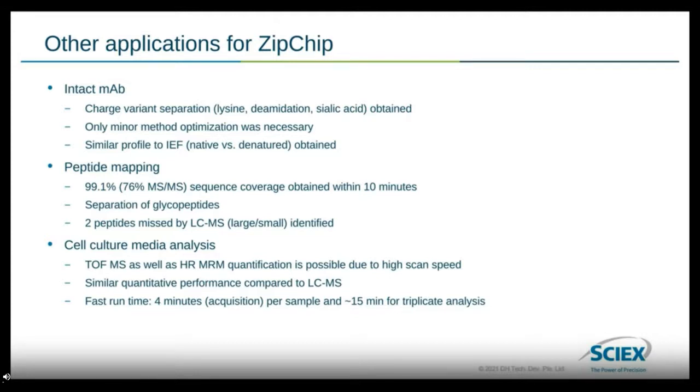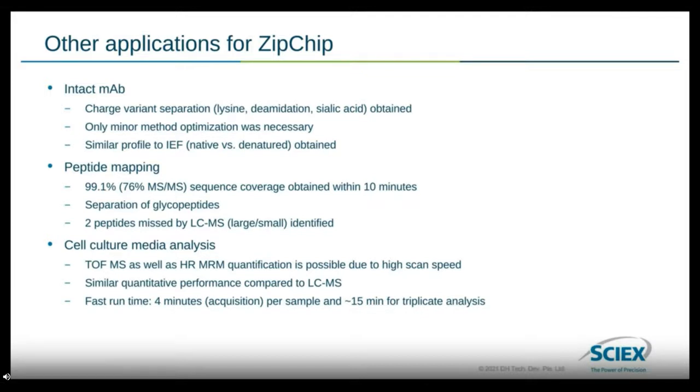Plus, we can also analyze the cell culture media where the antibodies are grown. It's very important there to monitor the nutrients like amino acids, sugars, and other ingredients in the cell culture media during the process. Because the instrument is so fast, we can do quantitation on these very sharp, narrow peaks, in TOF-MS to monitor the peptide mass, but also run real MRM quantification on